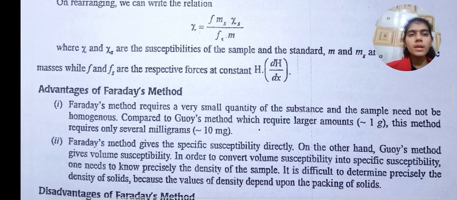Faraday's method requires a very small amount of the substance, and the small sample need not be homogeneous. Compared to Guy's method, which requires larger amounts, this method requires only several milligrams. Faraday's method gives a specific susceptibility directly. On the other hand, Guy's method gives volume susceptibility. In order to convert volume susceptibility into specific susceptibility, one needs to know precisely the density of the sample. It is difficult to determine precisely the density of solids because the values of density depend upon the packing of